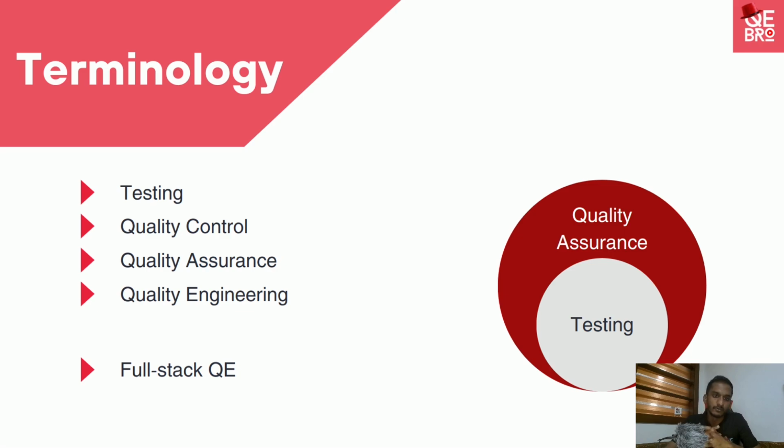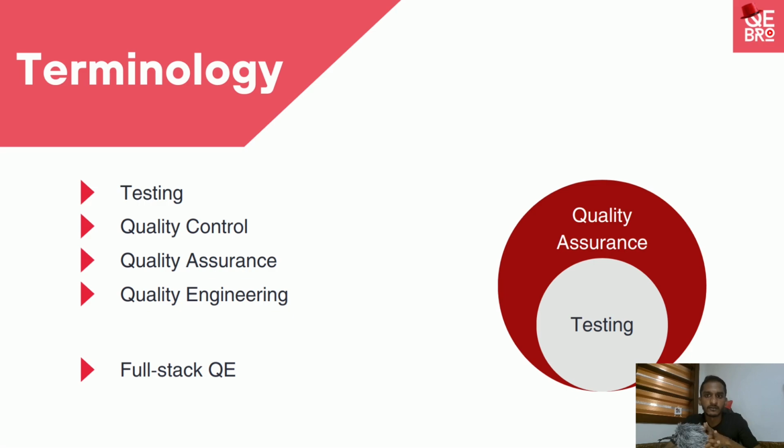So next we have the new term we need to pin here, the full stack QE. So who is a full stack quality engineer? We know about the quality engineer. We have different types of quality engineers based on the tasks they do. We have manual engineers who do the testing manually. Then we have automation engineers who work on creating automation scripts and the automation work. Then we have performance test engineers who work on performance testing of the application. Sometimes we have accessibility testers as well, who work on the accessibility side. And we have mobile testers. Likewise, there are different roles.